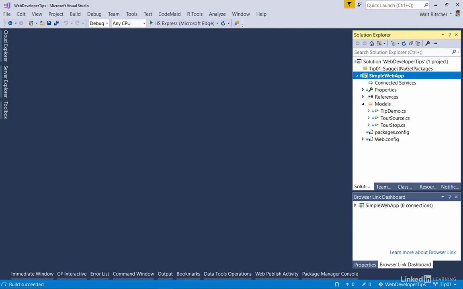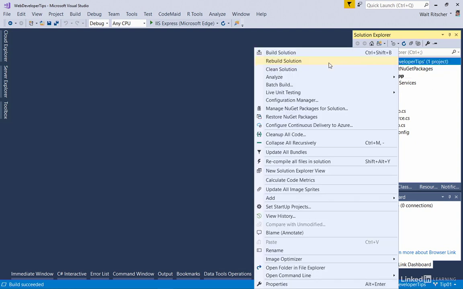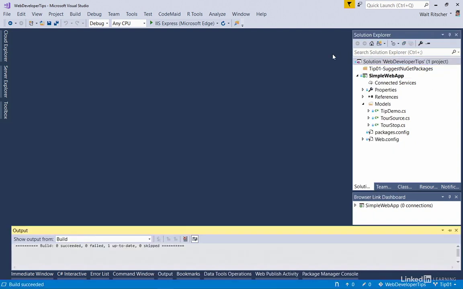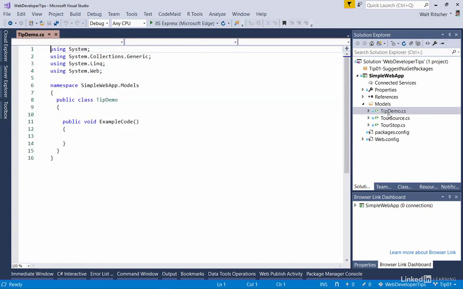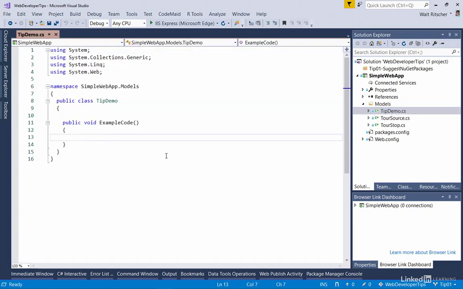There's a nice feature in Visual Studio 2017 that helps fix coding errors. To be more specific, it helps with errors that result when the code refers to types that are not referenced in your project assemblies. Before writing any code, I'll build my solution to ensure that I've synced the necessary NuGet packages for this branch. Then I'll open up this tipdemo.cs file and I'll write my code here in this method